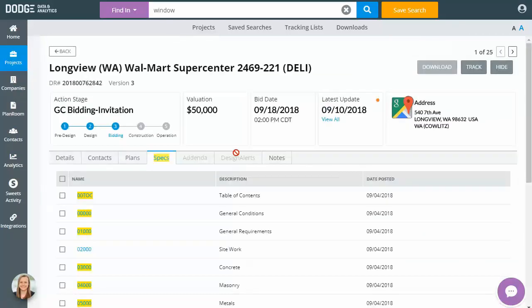Notice that some of these spec divisions are highlighted in yellow. Now, because we use keywords, the yellow highlighting is going to indicate where our keywords are found. So you don't have to look at every spec division to find your keywords. Only look at the yellow highlighted ones. Now, don't forget about addenda. Now, I do not see any yellow highlighting here in the addenda, so I know that my keywords were not